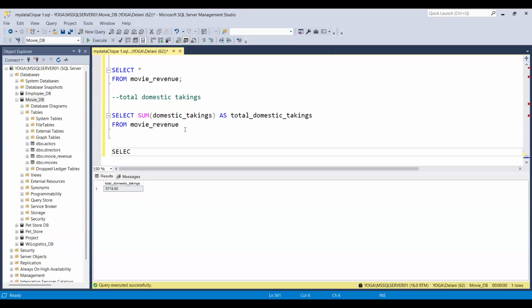Take, for example, if we want to sum the movie length of Chinese movies, from the movies table,